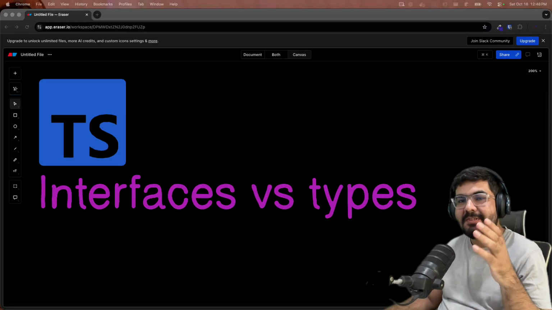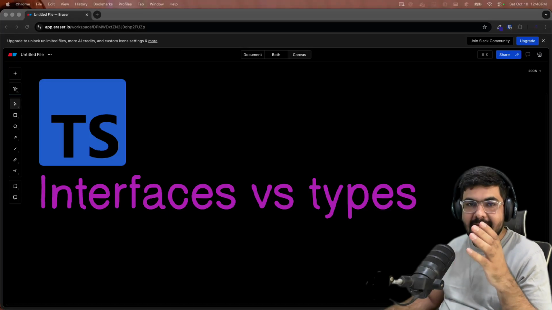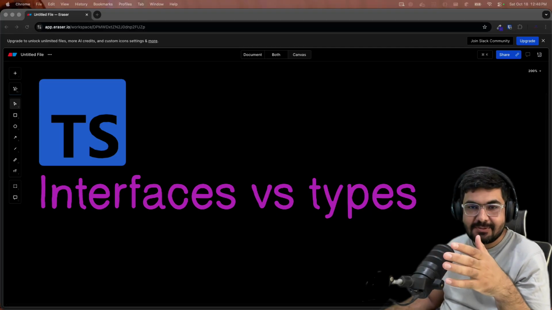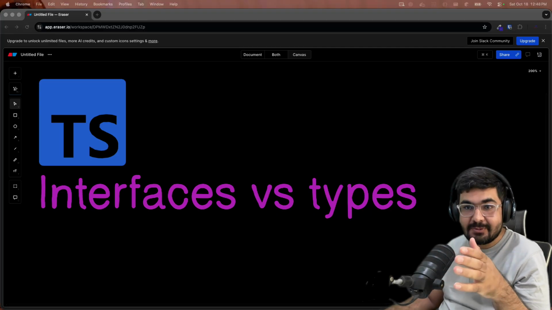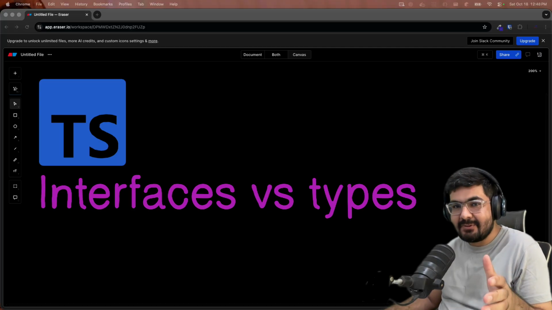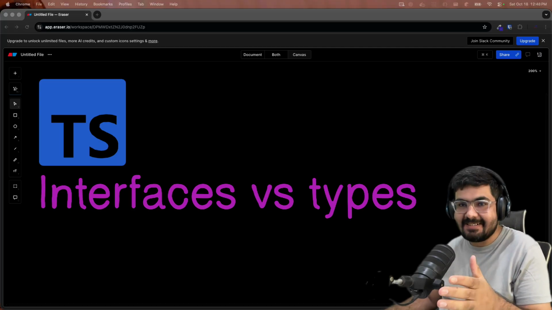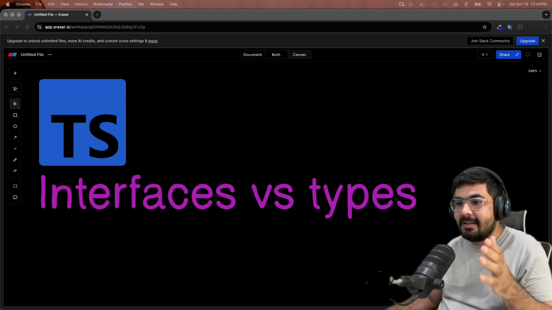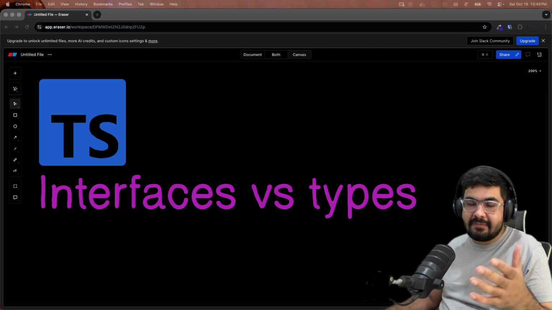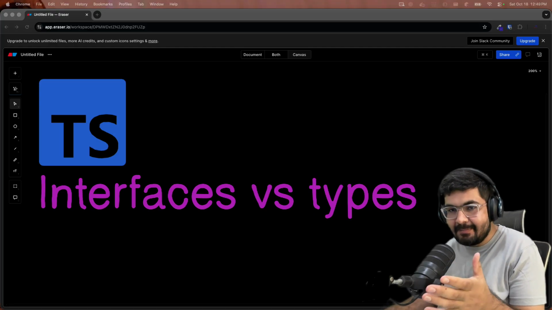So one of the most asked TypeScript interview questions is this: interfaces versus types. And this is one of the questions which I have asked in a lot of interviews, and 99% of developers answer it in the wrong way. Now, whenever you ask them what are interfaces and types and what is the difference between them, 99% of developers